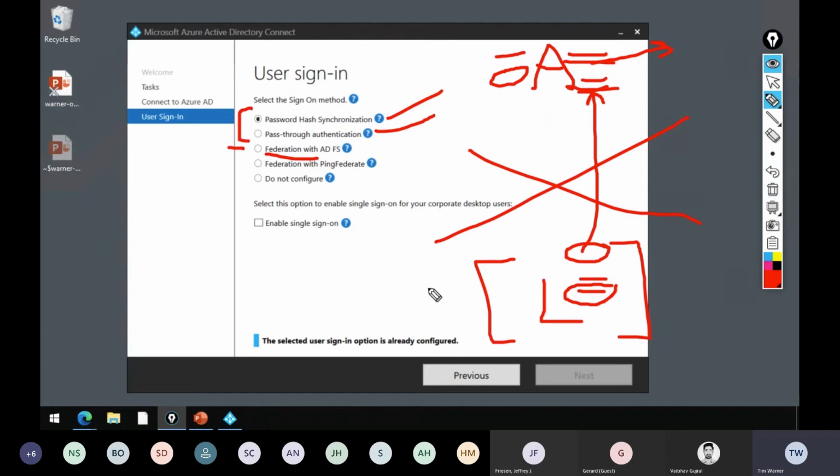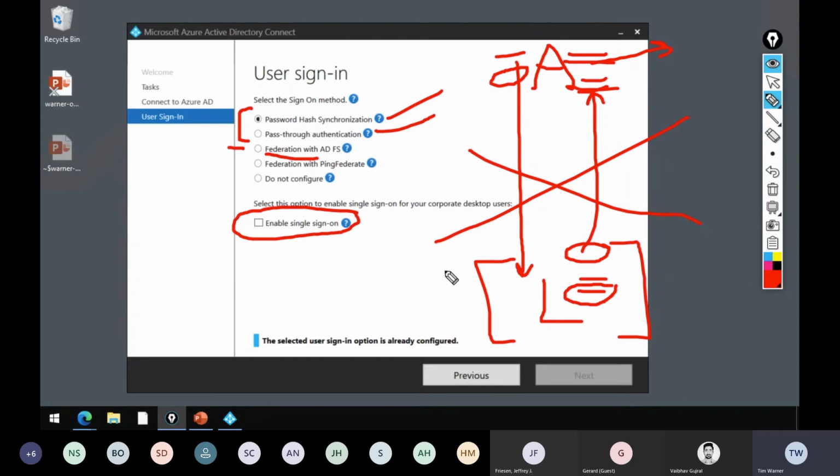Lastly, one more thing. Pass-through requires that you install a service on your on-premises environment. It's called a pass-through authentication agent, and it basically serves as an authentication proxy. The user provides their sign-in and their password to the cloud app. Azure AD Connect encrypts that data, sends it down through the communication channel. It gets picked up by a pass-through authentication agent, which unpacks the credentials, verifies the users in local AD, then the user is signed in.